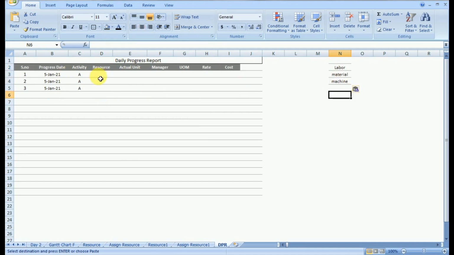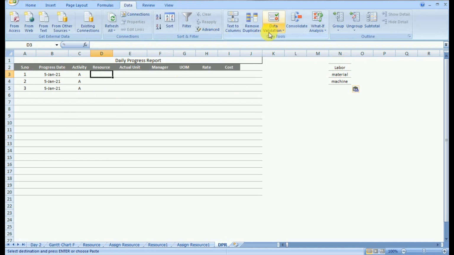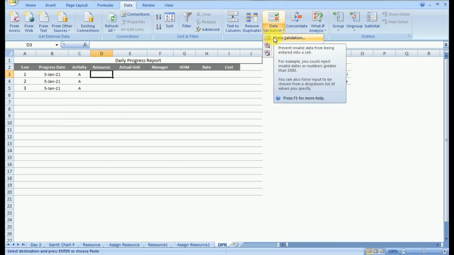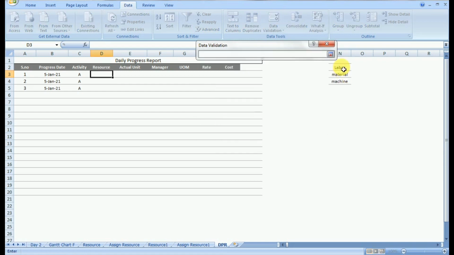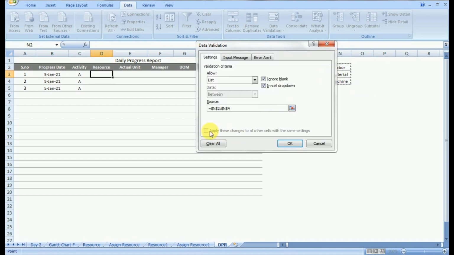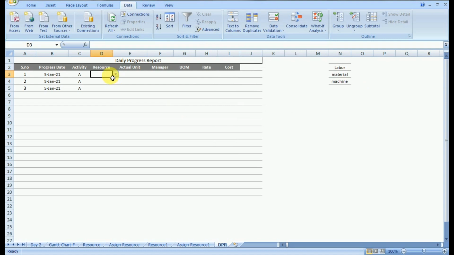Now while entering the resource, one thing we have to ensure is that it must match the same formatting, same alphabets and same order as used while creating the resource sheet. For this you can use data validation. You can select the list option, go to your resource sheet and select the resources which are created, and then click OK, so that you can only select a correct resource.